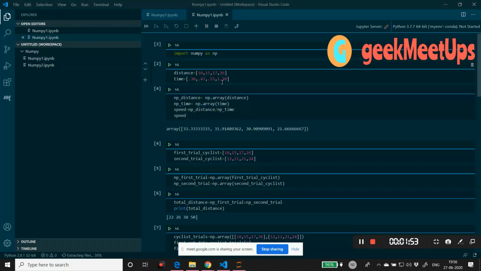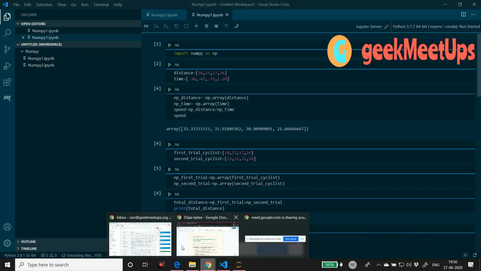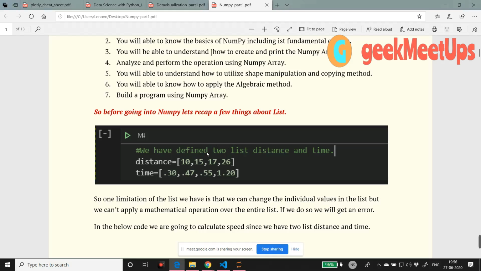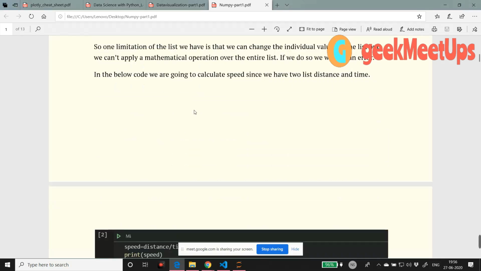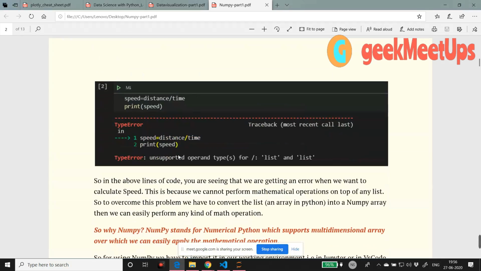When I wanted to calculate the speed by using these two lists, distance and time, then we were unable to calculate the speed. We have seen in this document that if you have two lists, distance and time, and you want to calculate the speed, then you get this kind of error.